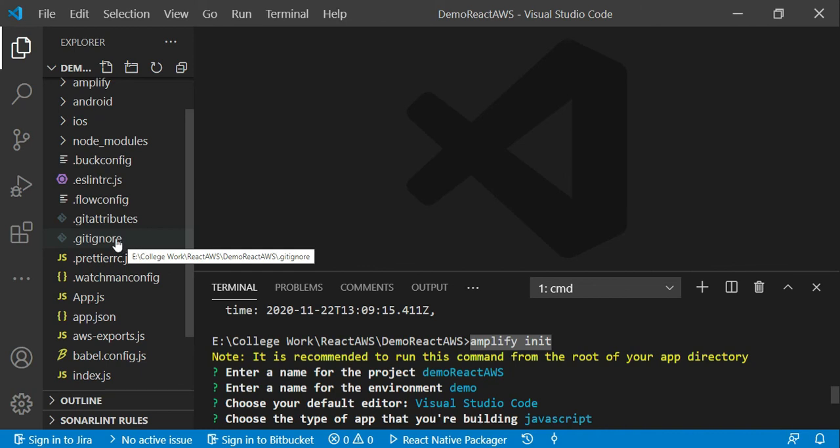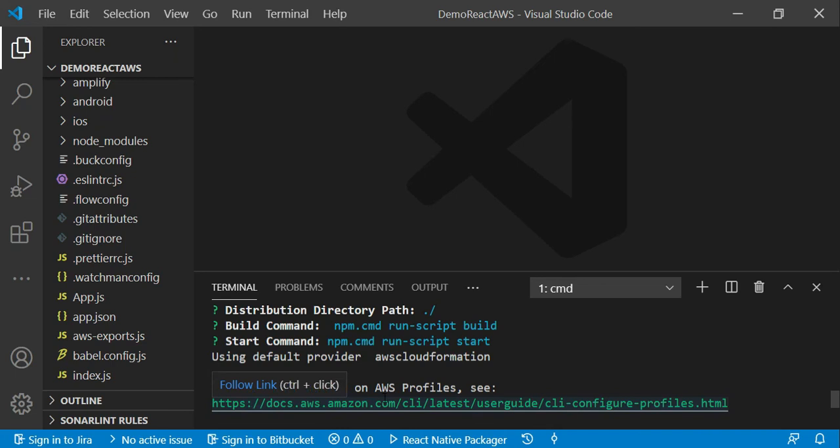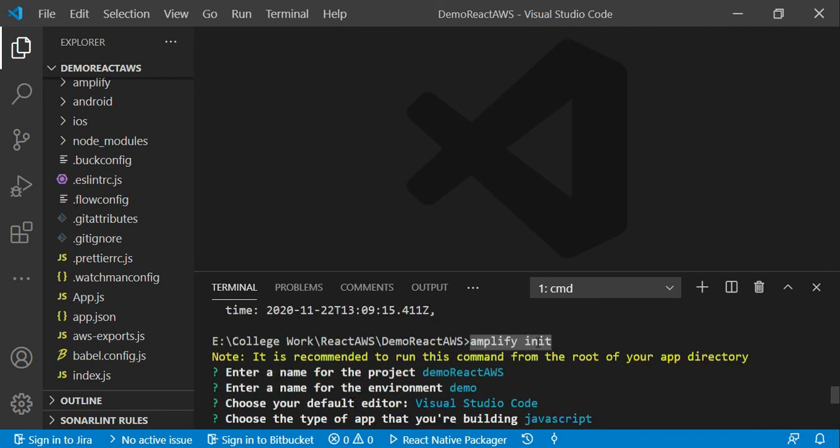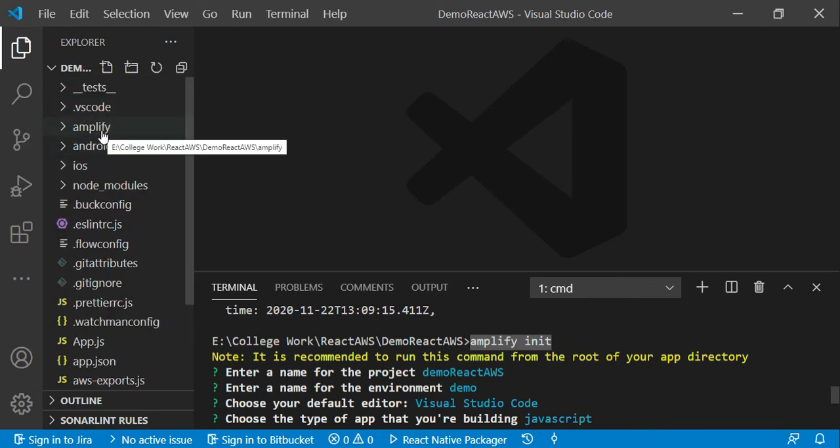And finally, a cloud project is created for us in the AWS Amplify console. We can access that particular project using the Amplify console. So four things mainly happen after execution of amplify init. First, this folder will be created, amplify.